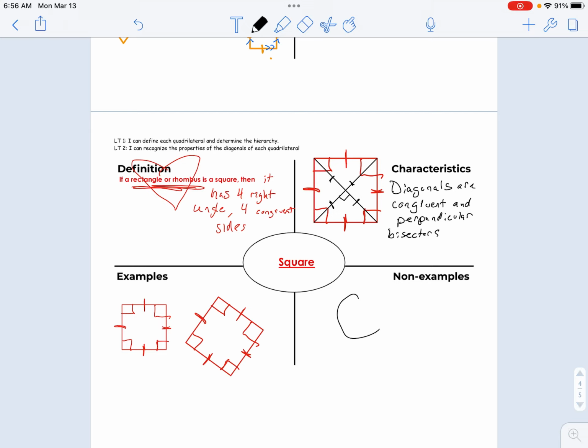A non-example right here would be a smiley face. This is obviously not a square. Alright, so a square is just